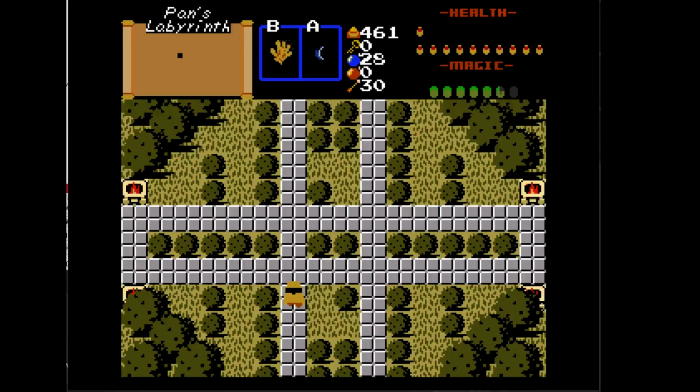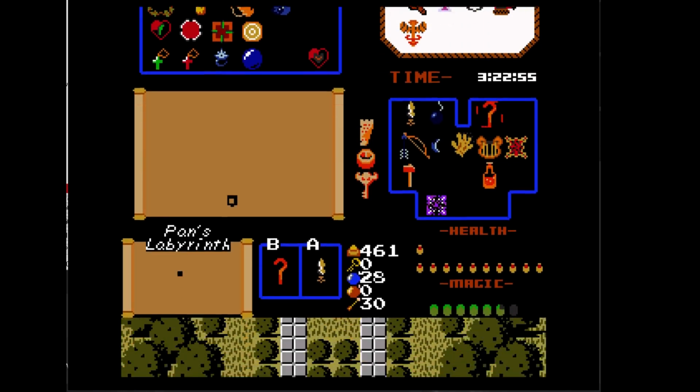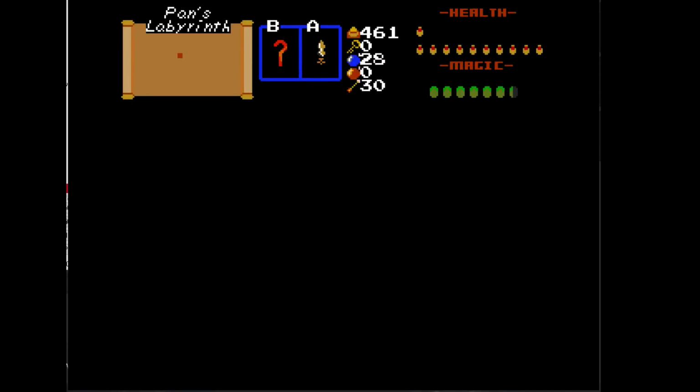So we are here. This is Pan's Labyrinth, and you got all of your items back again because we are again about to face a boss. The idea here is that if you go off the screen in the wrong spots, you'll end up back here. Like if you go here, you'll end up back at the beginning. You want to avoid the sides that are fully lit because, as you see,